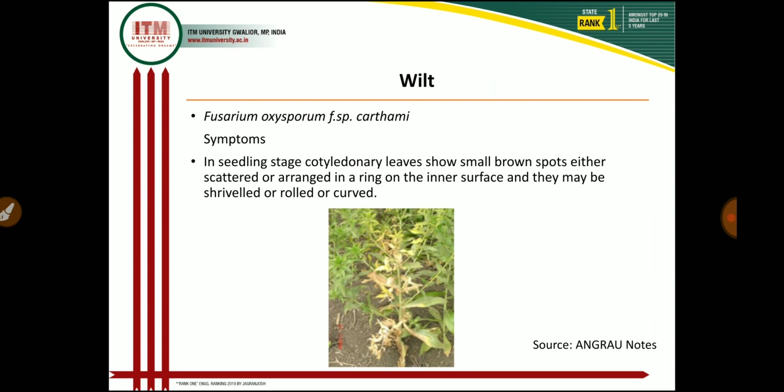That's why plants show wilting symptoms, and because of the shortage of water, leaves show epinasty symptoms. That means leaves are dropping down. The symptoms also develop in acropetal succession, and in older plants, the lateral branches on one side may be killed while the remainder of the plant remains free from the disease.